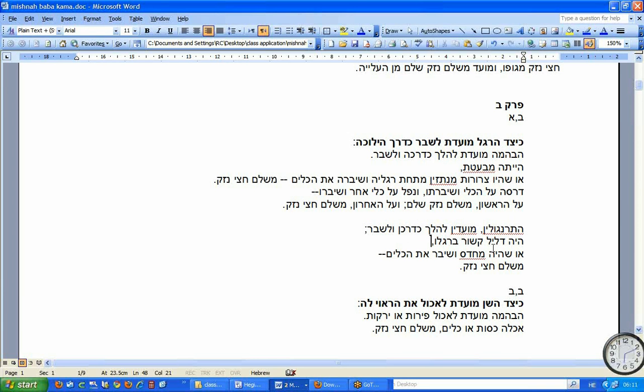Okay. I thought it's Mahades. It could be a mistake here in the printing. Mahades v'shovro et kelim. He was dancing around, and he broke the kelim, so he pays chatzi nezik. Well, okay. When he's dancing around and the pebbles spurt out from his foot, so that's tzroros, right? Right. He was the MCE to the damage. But what about the dali? What's the relationship of him to the dali in the damage?